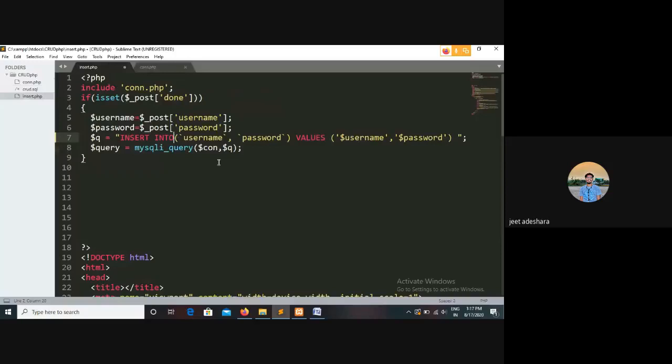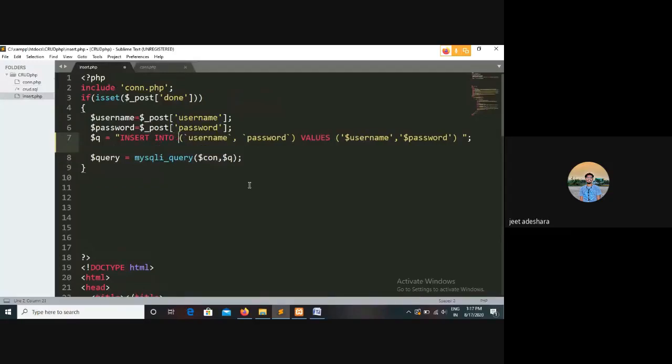The database name is CRUD, so remove that backtick. Maybe it will work. And also the fields like username and password. Insert into CRUD, simple CRUD.